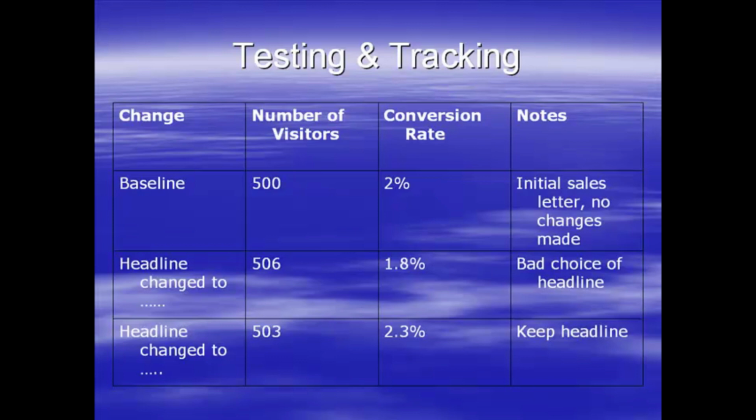You can do it on paper, you can do it on a spreadsheet. It doesn't really matter what you do it on, as long as you do it. And if you know that you get around about 500 visitors a week, then you make a change, you come back a week later and have a look, it's around about 500. Doesn't have to be exact, doesn't matter if it's a little bit above or a little bit below. Better slightly above than below, but you want the same number of visitors every time. And just by doing this, you're going to track your conversion rate, and you'll soon see the conversion rate improving significantly. You really, really will.